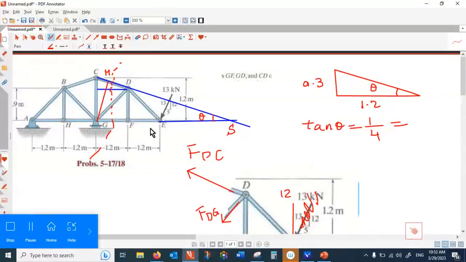And that is equal to h over that distance here, which we don't know. But then how do I find it? All right, so